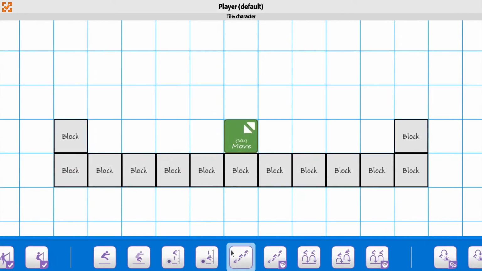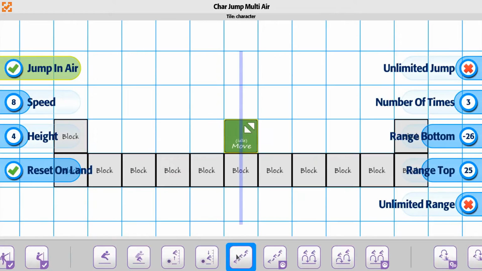Alright, we're going to take a look at the jump multi-air method for the player. And what this means is that you can actually jump multiple times in the air. The options available to us, if you have it enabled or disabled, then you can choose the speed and the height that you want the player to jump from while in the air. You can also have a reset on land, which is just automatically saying that when the player lands, it's going